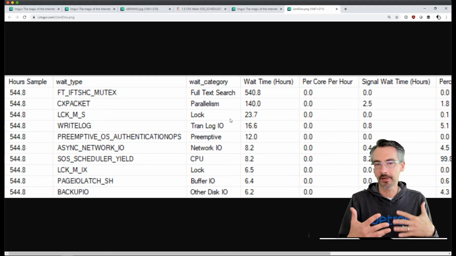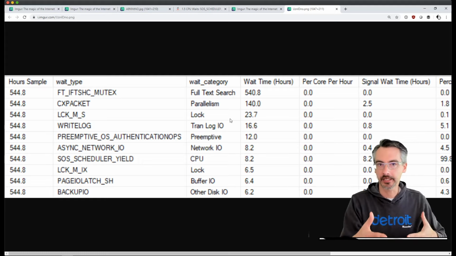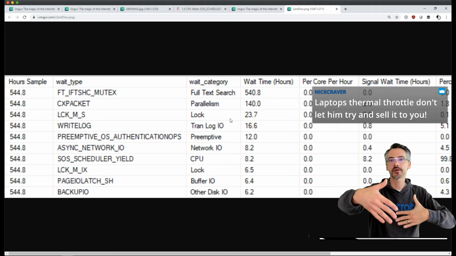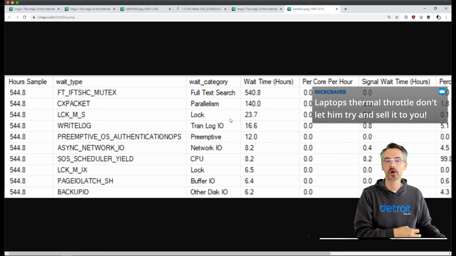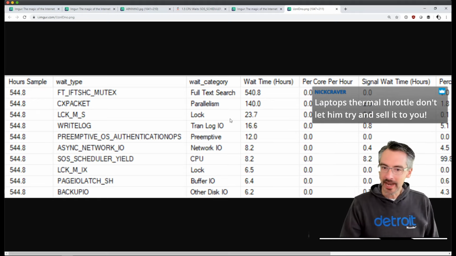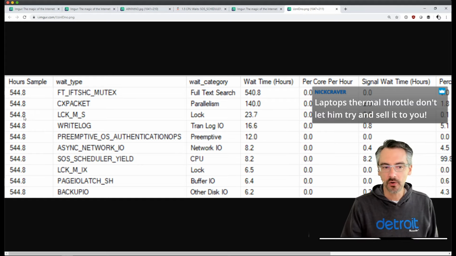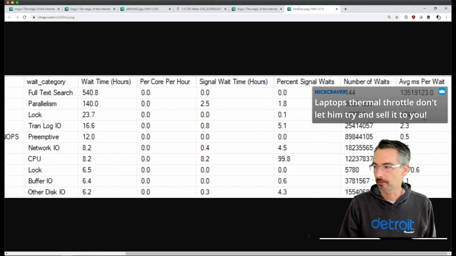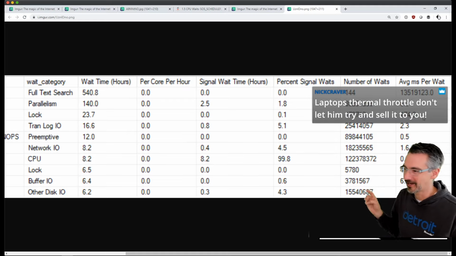When it is happening, what they're upset about is the blocking. So lots of queries. One query's taking out a lock, and then other people want that lock. It's only happened, though, for 23 hours out of 545. So the thing that I'm interested about in here is way over on the right-hand side.